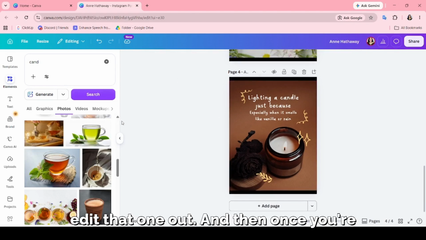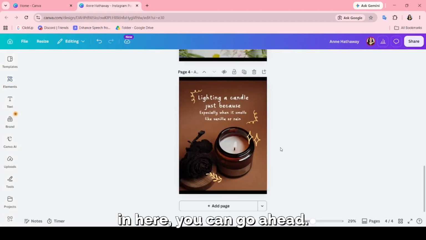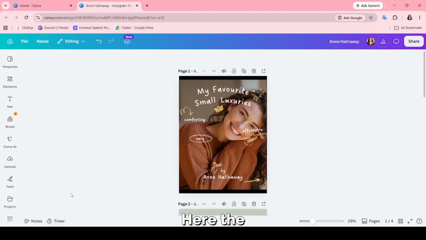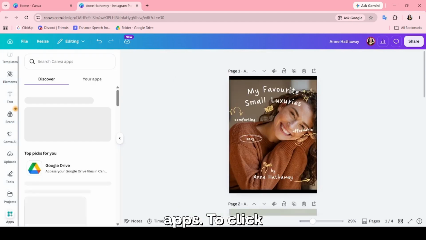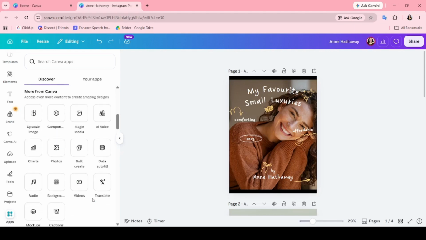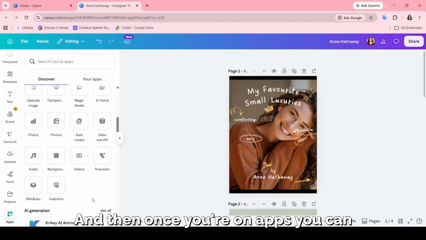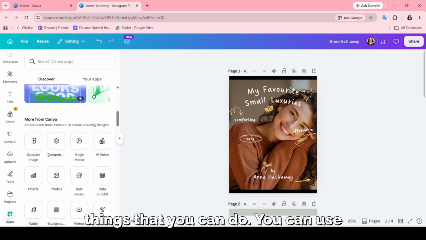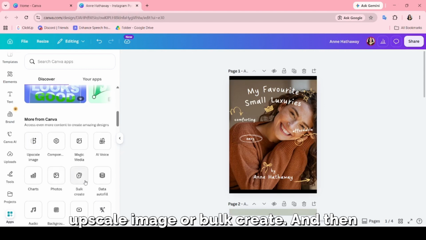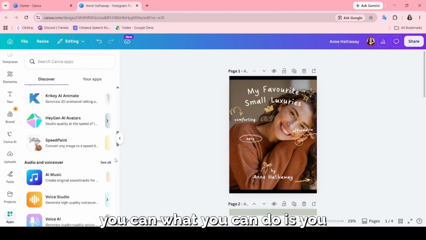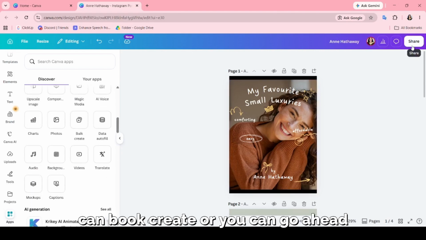And then once you're in here, you can go ahead and click on here the apps. So click apps. And then once you're on apps, you can use here. There's a lot of things that you can do. You can use upscale image or bulk create. And then you can also bulk create, or you can go ahead and